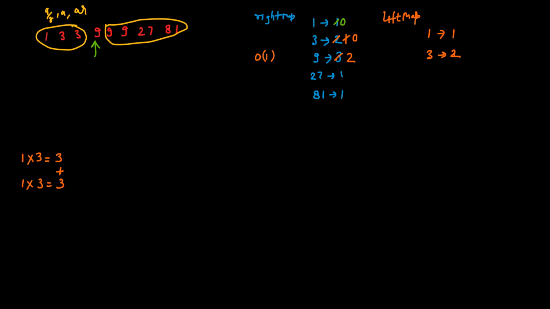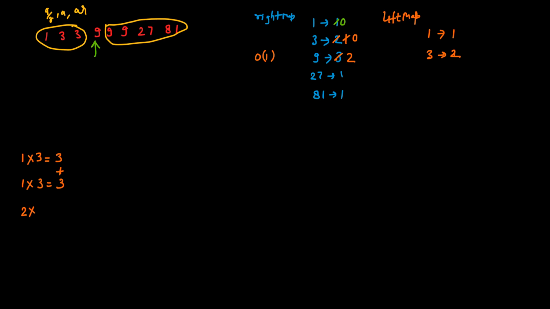So if you're processing 9, treating 9 as A, how many A by R exist on the left hand side? A by R means 9 divided by R, 3. So 3. So how many 3 exist on this? Now this map will help, guys. How many 3 exist? 2. How will you come to know? Because you will do a lookup operation on this. So how many frequencies are there? 2. 2 A by R exist in the left map.